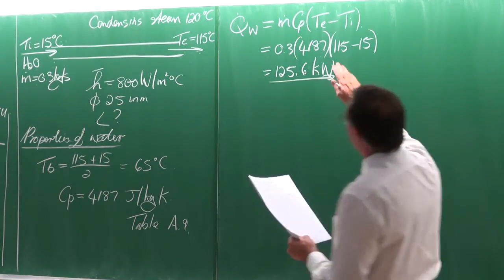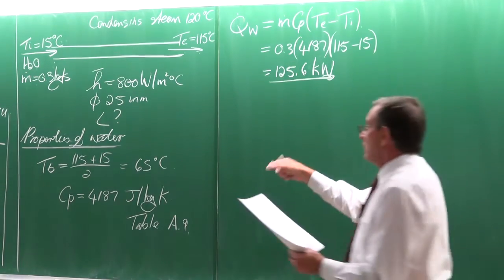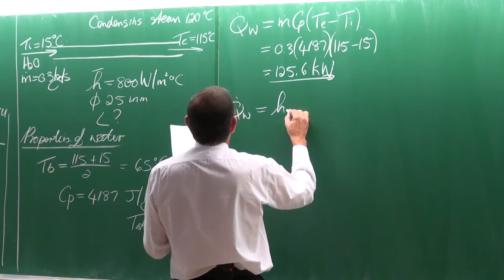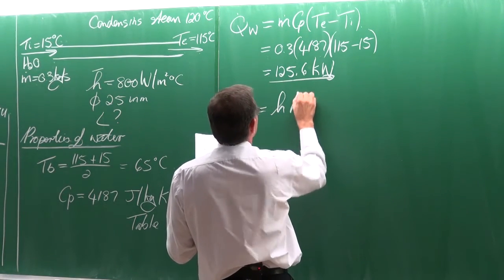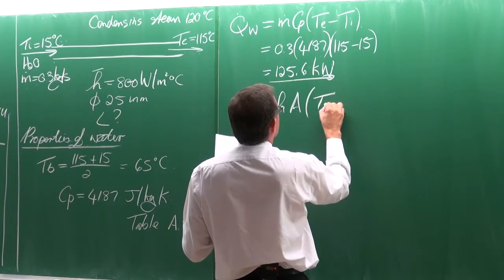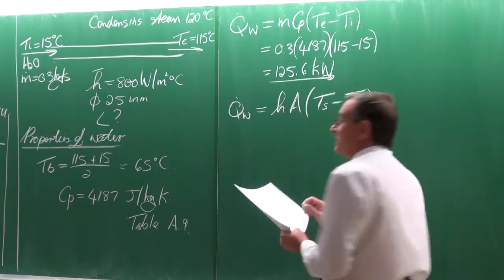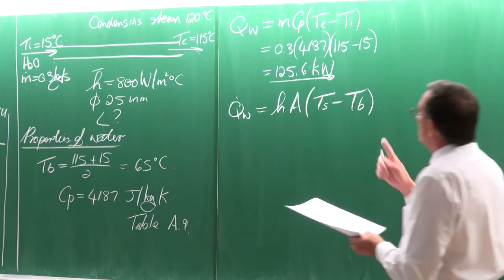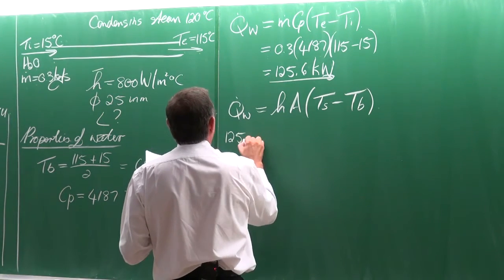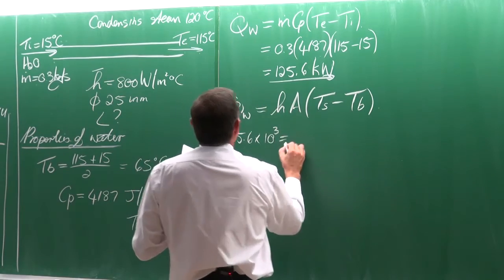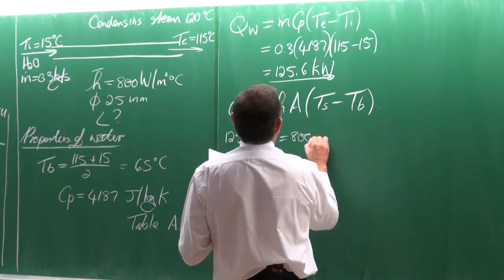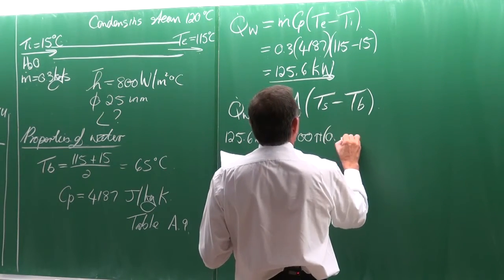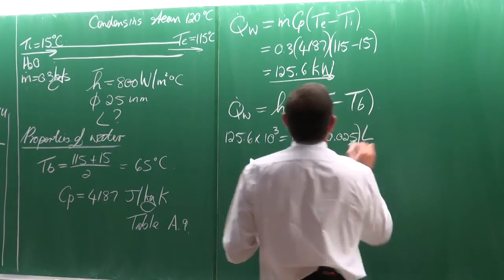Okay, so now we've got the heat transfer rate. So calculating the area is very easy. We can just say that the heat transfer rate is equal to the heat transfer coefficient multiplied by the surface area multiplied by Ts minus Tb, the bulk temperature. The heat transfer rate is 125.6 kilowatts, equal to the average heat transfer coefficient, which has been given as 800, multiplied by the surface area, which is pi multiplied by the diameter multiplied by the length,